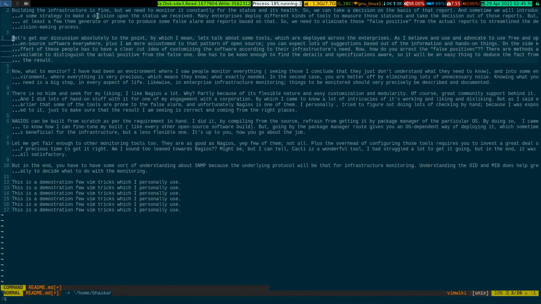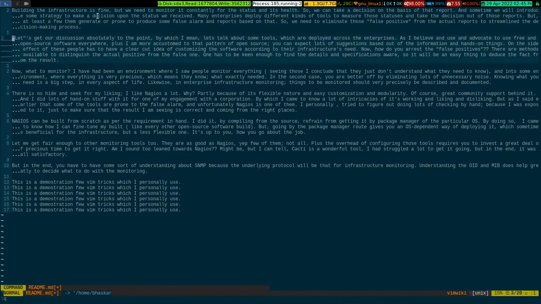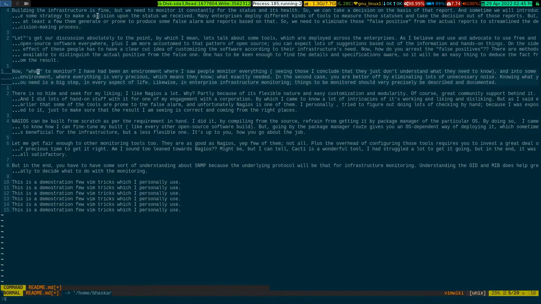So if I do whatever, I'm just randomly changing things just to show you the demonstration. I'm basically quoting a few words with the help of a popular plugin. Now you know there is something called